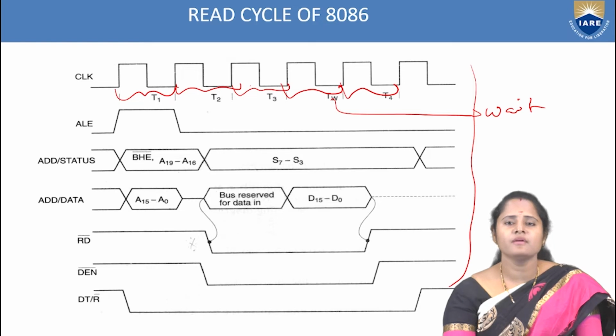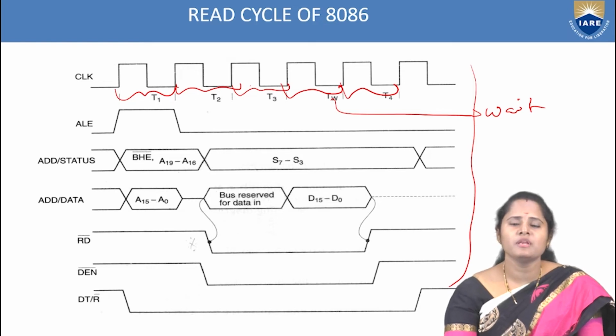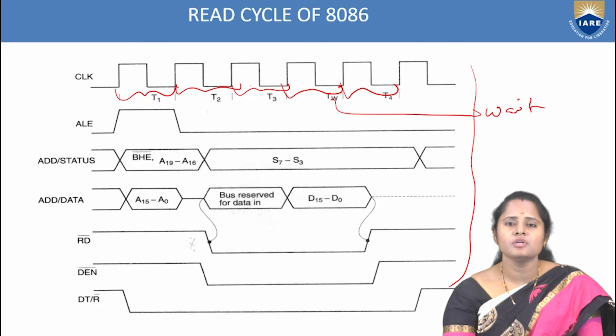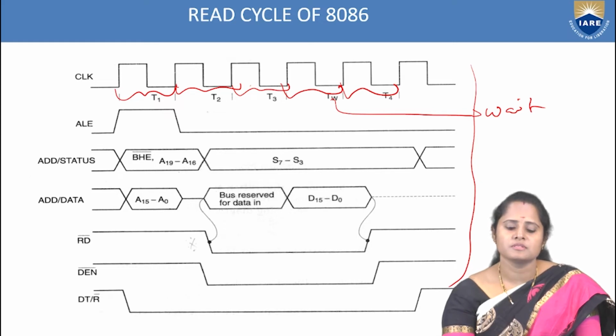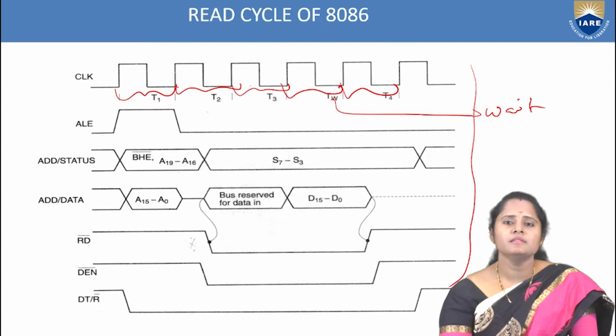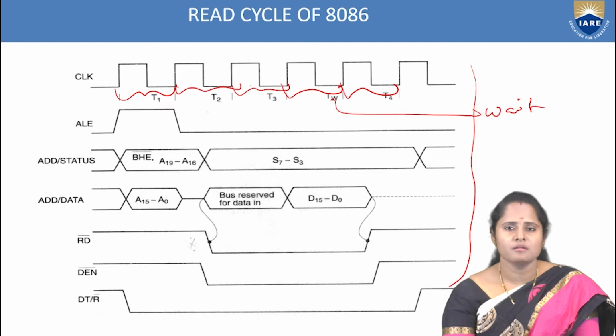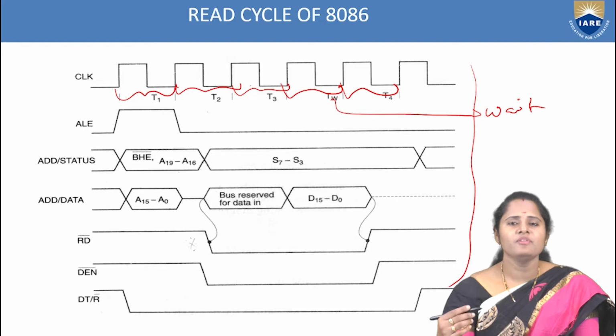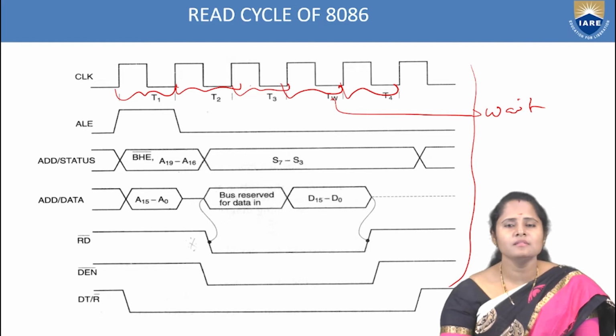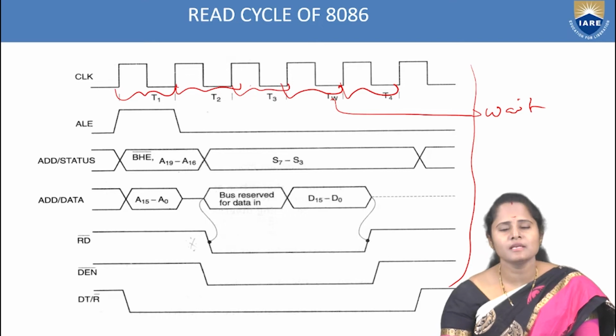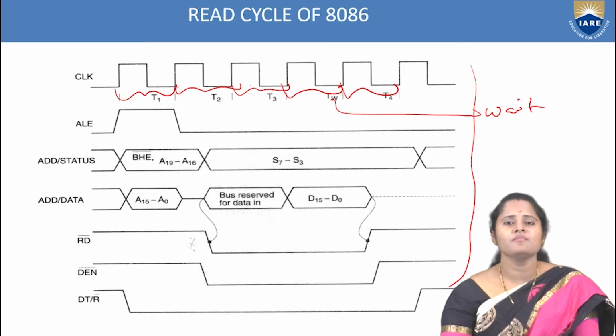This indicates that if there is no synchronization between one system and another, the processor needs to wait for some time in order to make the synchronization between the two processes. So first I need to take the data. In order to take my data, I need to first enable the address. So first the address needs to be enabled, then from the address we place the data, and then using the read and write operation signals, we can take the data from the data lines, and we are processing it,